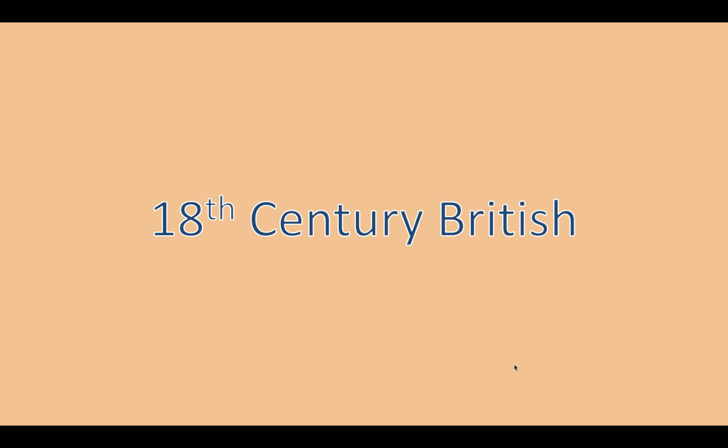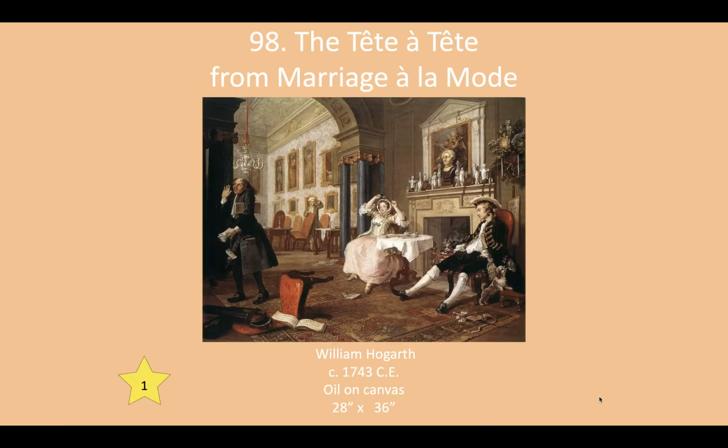And so what we're looking at starting with is our first video, which is going to encompass 18th century British art and also an art form called Rococo. So this is video 1 of 16 videos of later Europe and the Americas. So here we go. When we're looking at 18th century British, that's clearly the 1700s. You remember when we do centuries, we just subtract one. Okay, so 18th century British, here's a British piece from 1743 called the Tete a Tete from a series called